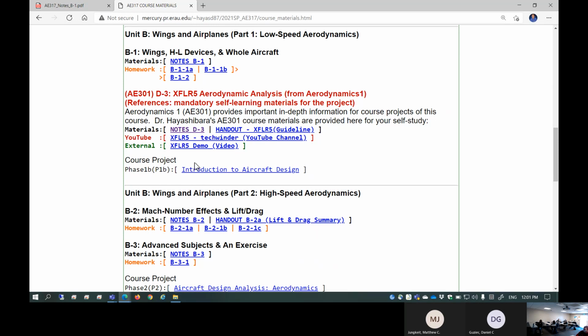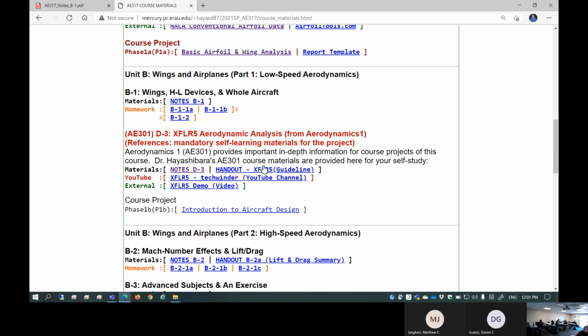Before we begin this course project, P1A is right now, and I hope you're going through P1A. This is going to help you understand the baseline of the software you are supposed to be using for this entire semester project, which is XFLR5, which is based on XFOIL. I think it is important that each one of you understands the theory behind the software. Otherwise you're going to end up using the software as a black box, which is essentially